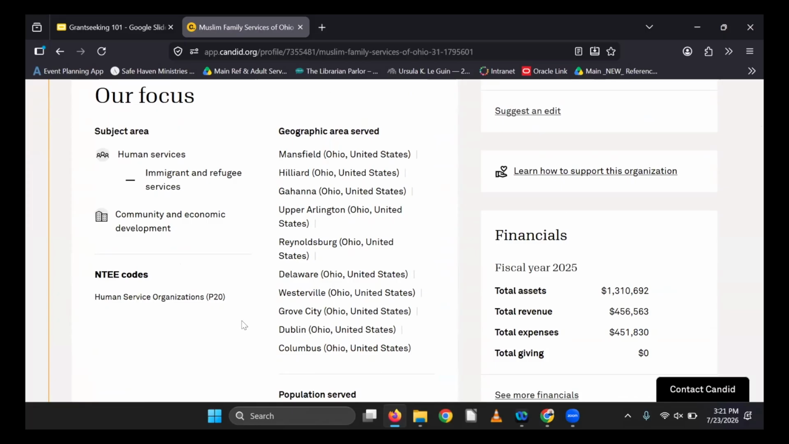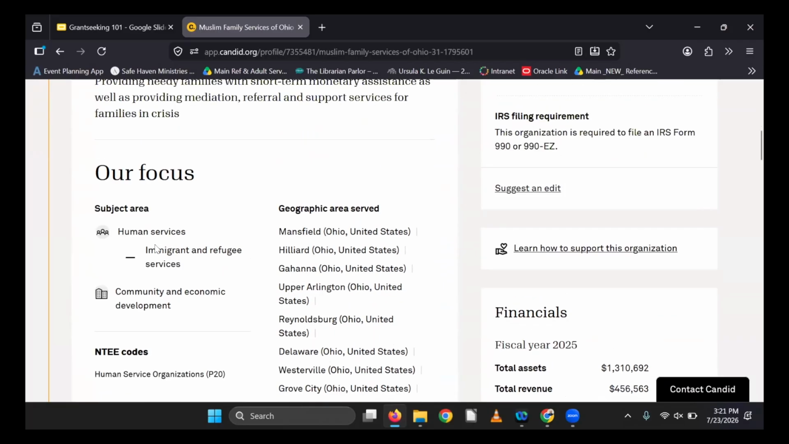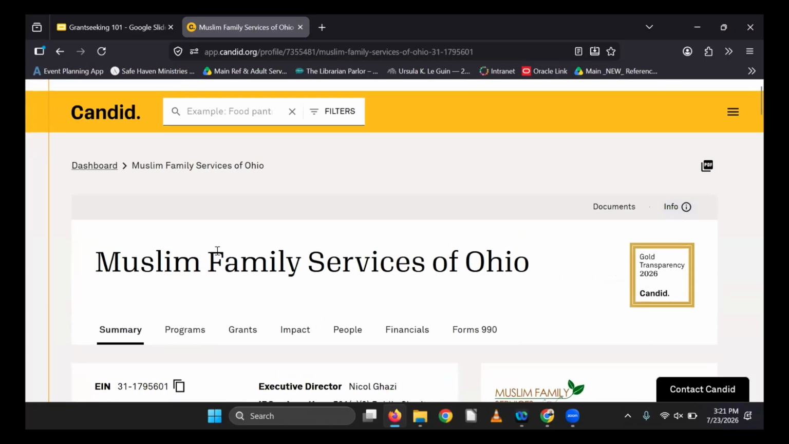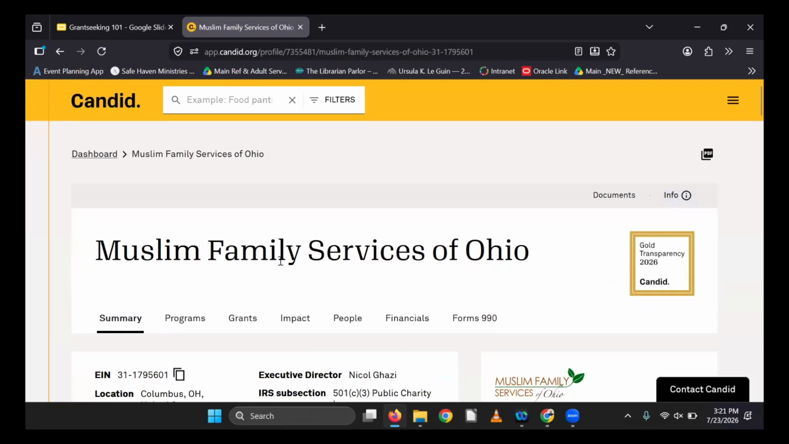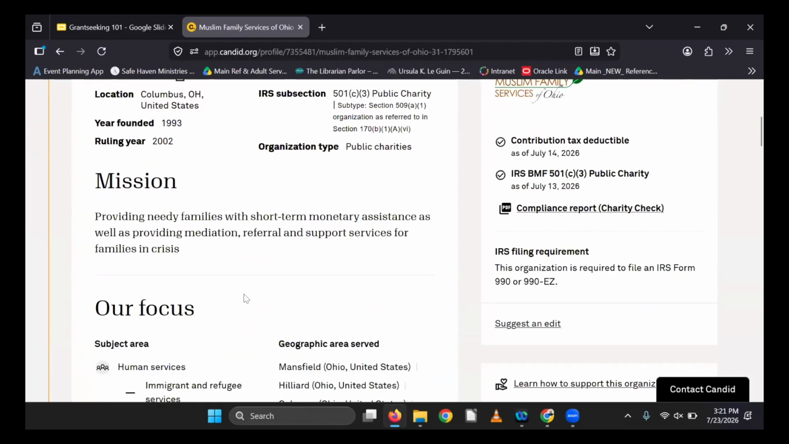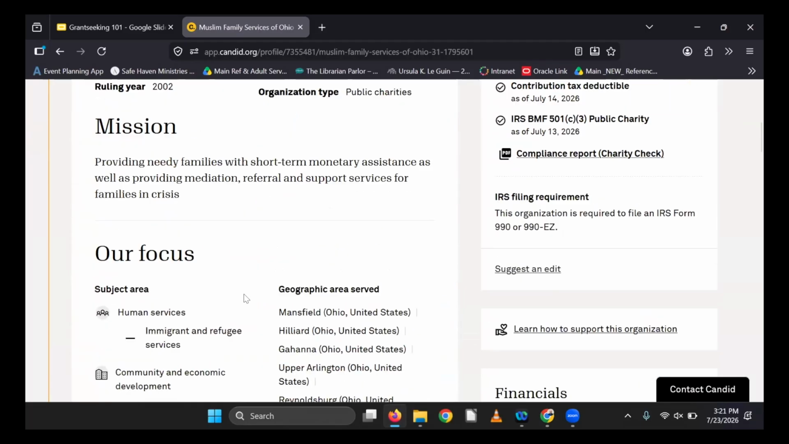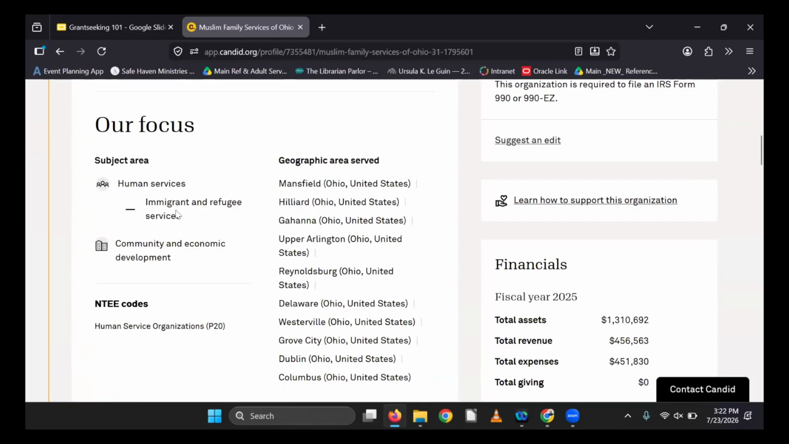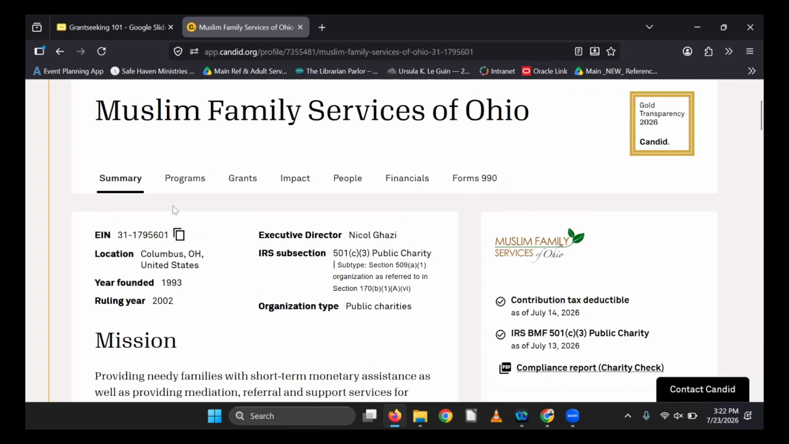So for example, going into Muslim Family Services of Ohio, you might think, oh, well, they do have a foster program. But in terms of the focus they have in the database, it's immigrant and refugee services. So that might be a better way to search for us, right? And so looking at their grants,